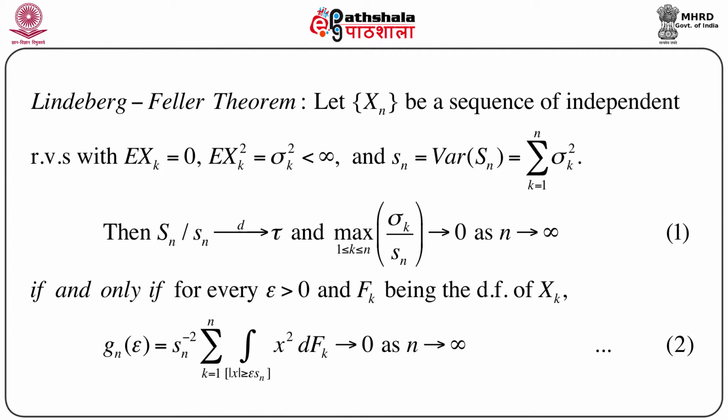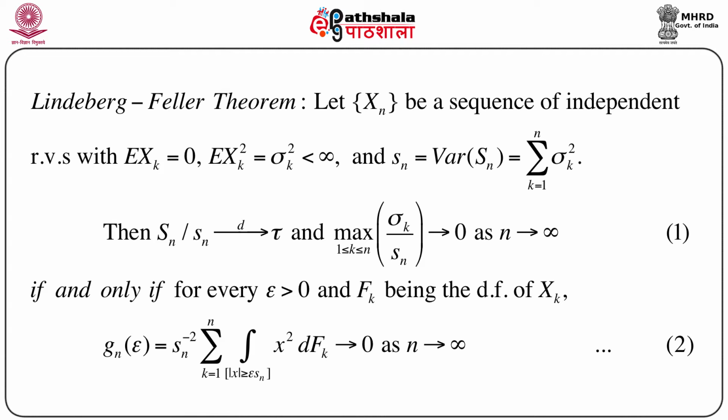Under this, capital Sn, the sum of random variables X1, X2, ..., Xn, divided by small sn converges in distribution to tau, and maximum over k between 1 and n of sigma k by sn goes to 0 as n goes to infinity, if and only if for every epsilon greater than 0